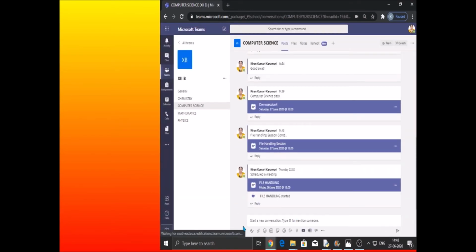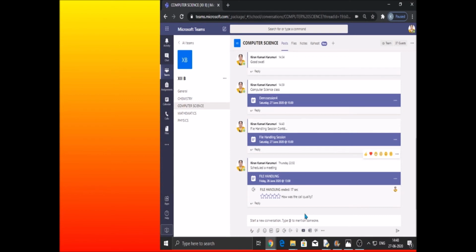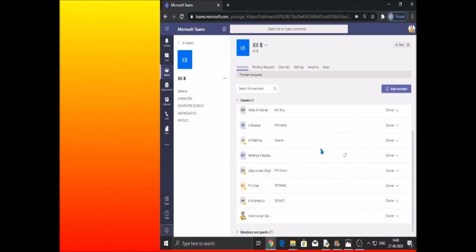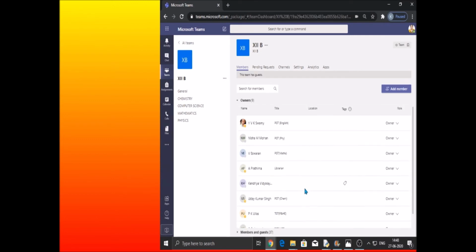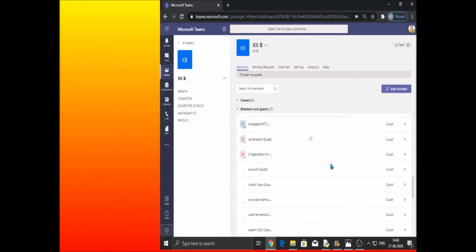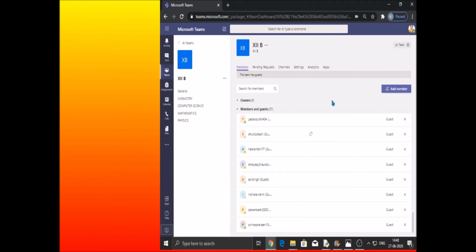See, immediately it has come to see this is scheduled and this is ended. Everything has come in the post of this 12B, right? You can see the members. Yeah, you can see all the members already. We have included all those children in the morning, right, in the previous session. So you see all the members are there. They will be notified even in their email account, right?